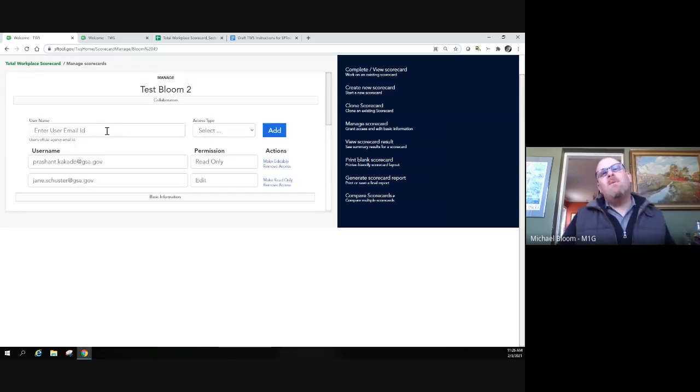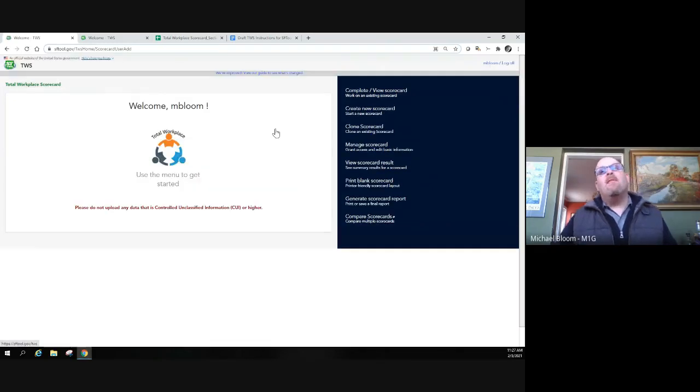But it's also where I can give other people permission to see a scorecard I created. So all you need is the user email ID. And in this case, I'll just use my other Gmail account and give them read-only or edit permission and hit